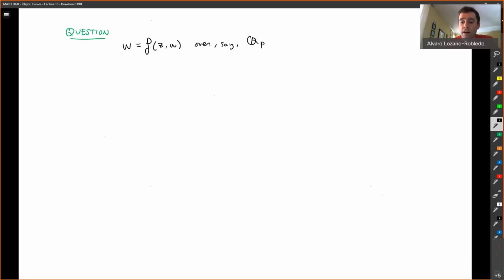So what I mean is that given Z in pZ_p, then when I put in, so this is just the polynomial that we had before. So W equals a polynomial. Remember that this was just a cubic